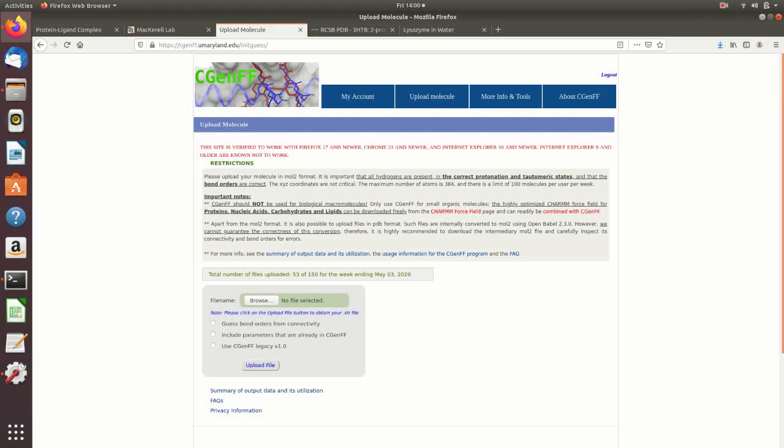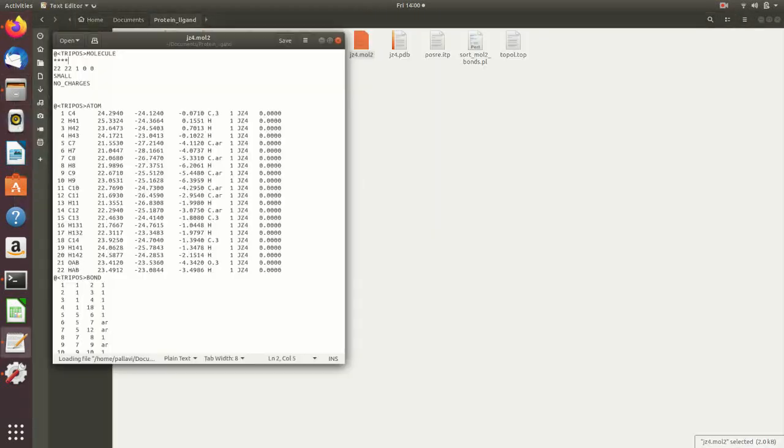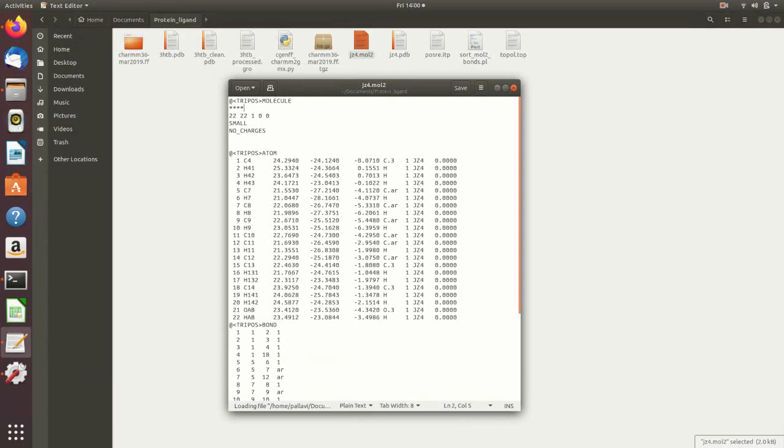Before uploading the .mol2 file onto the CGenFF server, we'll have to make a few changes in it. Like if we open the mol2 file, we'll have to replace this line by our ligand's name, that is JZ4.